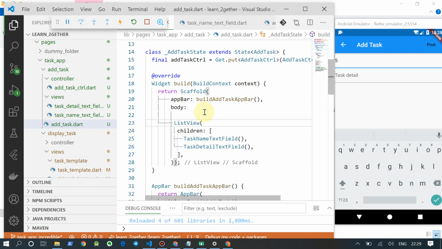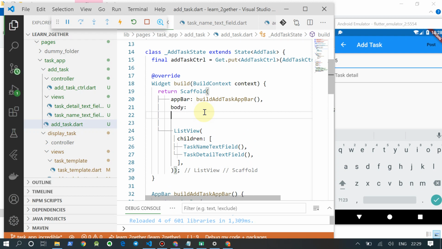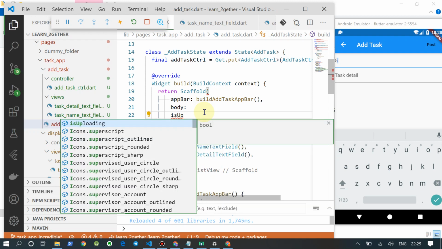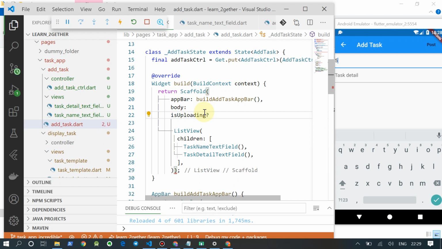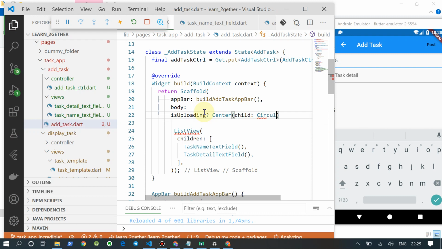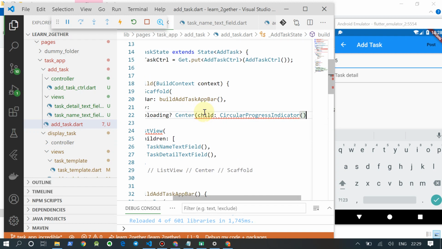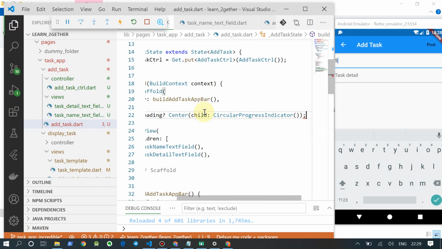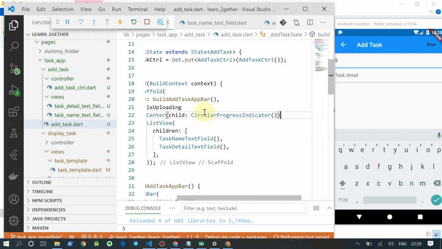So we can check is uploading, then display center child, circular progress indicator, then let me refactor it.